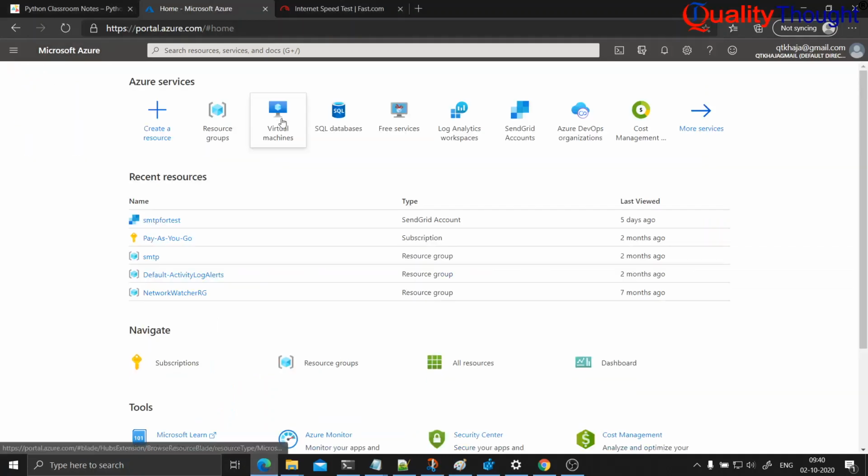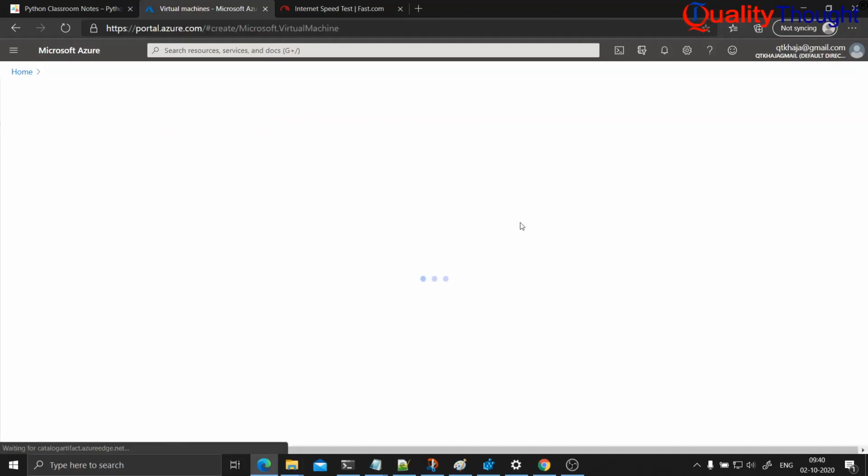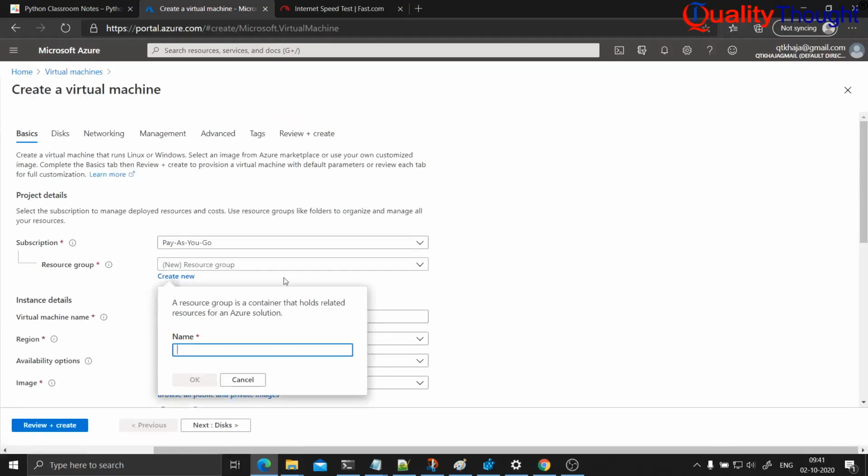Let me go to home, click on virtual machines, and then let me create a virtual machine. I'll be creating a new resource group. Let me call it for migration.